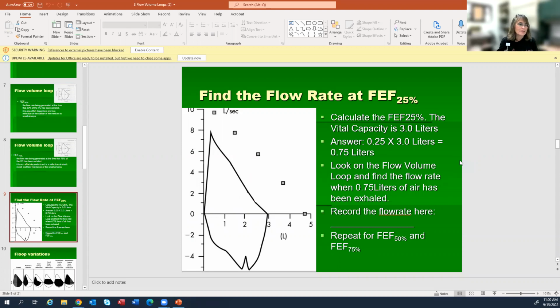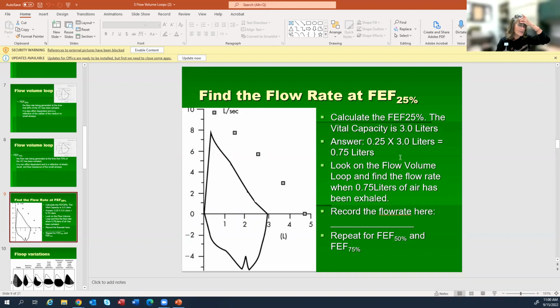So first thing you do is multiply. If it asks you to find the forced expiratory flow when 25% of volume has been exhaled, then you do 25% times the vital capacity. And that tells you 0.75 liters in this example. So 0.25, that's the 25% from FEF, times 3 liters. Where do we get that number from? That was our vital capacity, and we can see it on the graph. So 25% of the vital capacity is